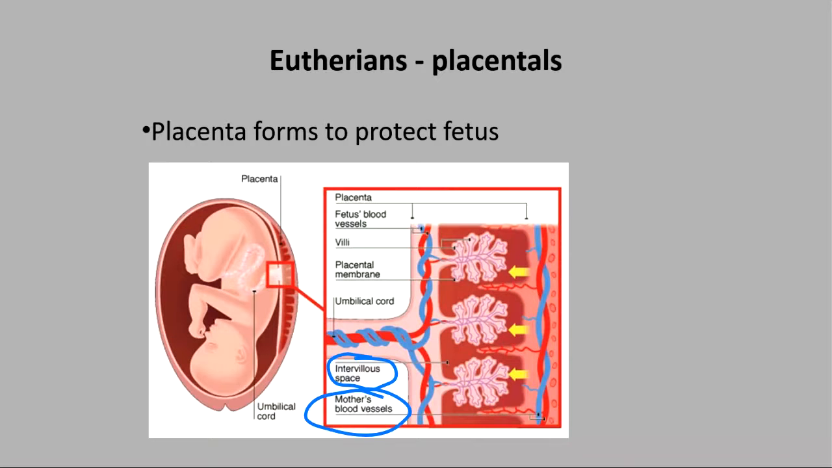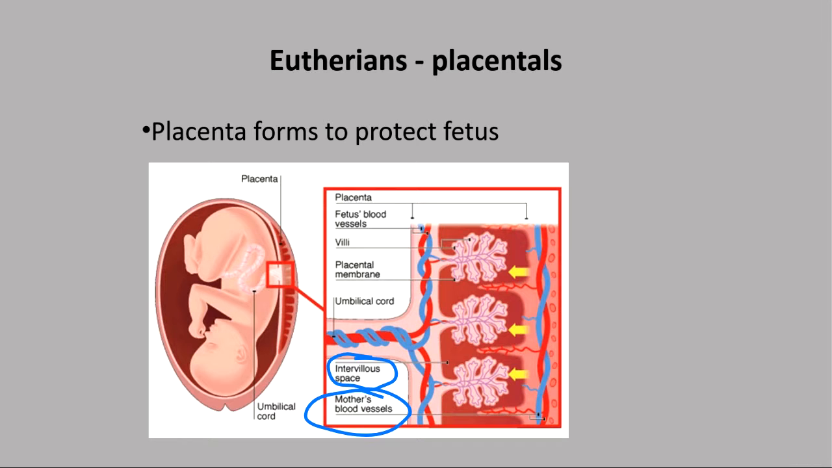Now, why would that be important? Well, let's say the fetus blood type is quite different from the mother's blood type. That could potentially be a dangerous situation for both. So the system has evolved so that there's a space between the capillaries of both organisms, and that space is